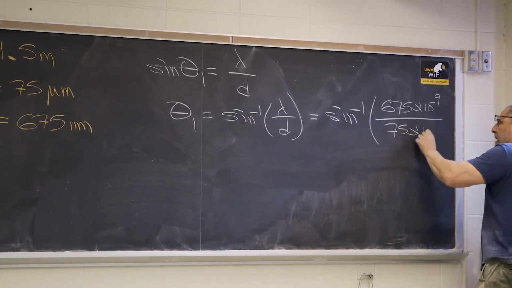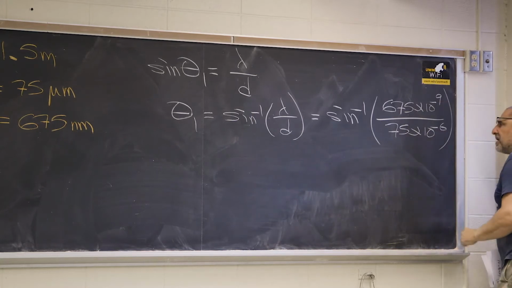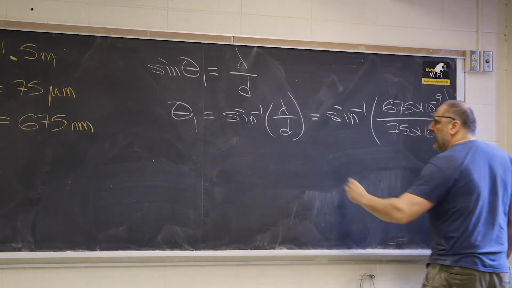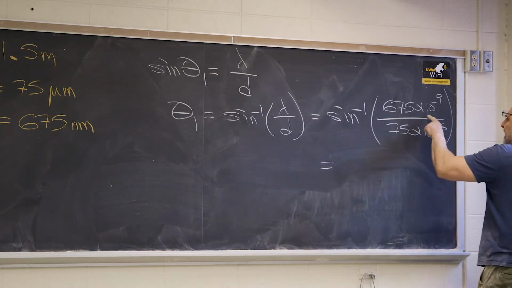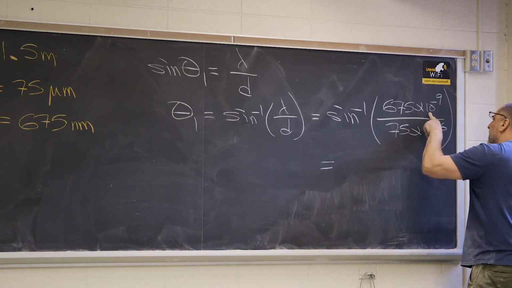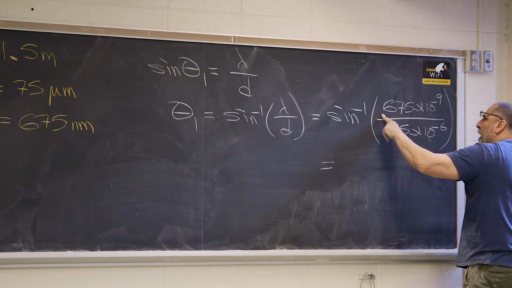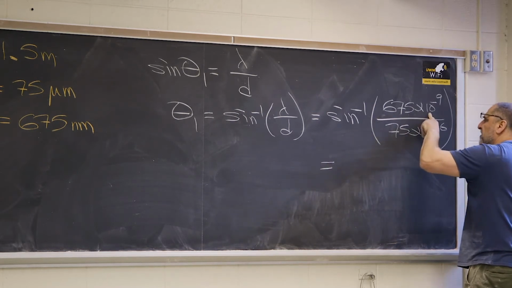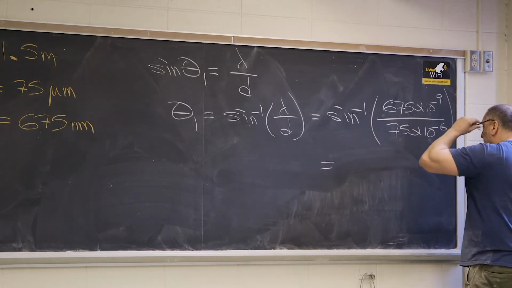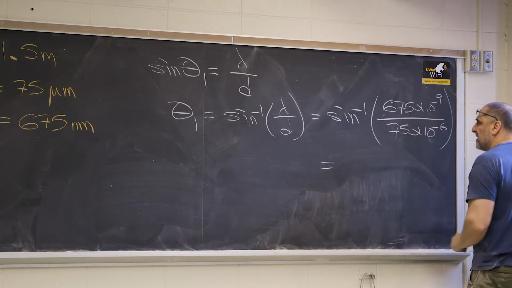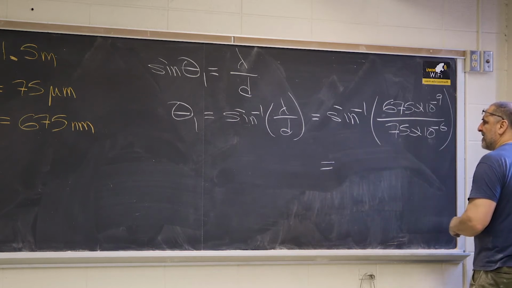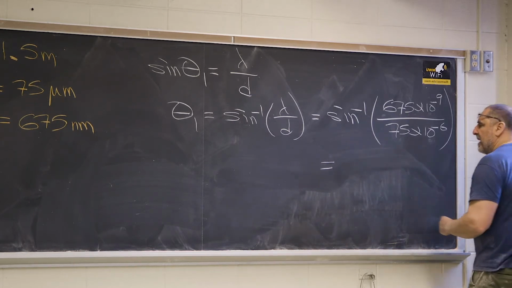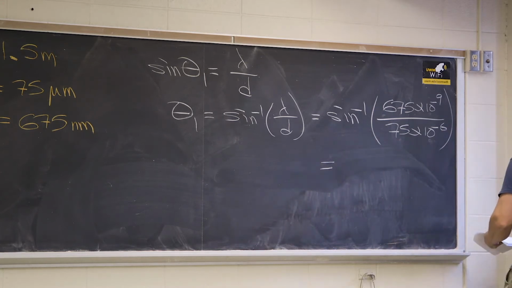It's not exactly a huge quantity in its own right, that's on the bottom, but there is a difference. This is an interesting ratio in its own right. You get 10 to the negative 6 on both: 0.675 times 10 to the negative 6 over 75 times 10 to the negative 6. The 10 to the negative 6 cancels out. It's 0.675 over 75. That ratio is the sine of theta 1. Get the inverse sine of that, and you are going to get